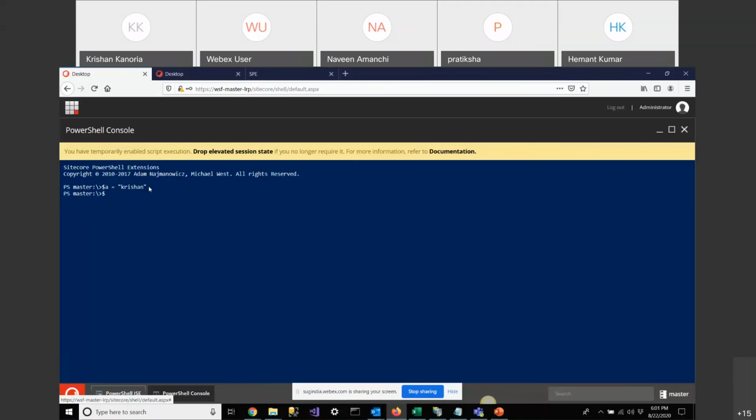Suppose if I write Control $A, this will give me Christian. So this way you can set your object type. If you don't want to change the data type, then you can write like this. These are very basic things, but we should be very familiar with them so that we can easily write our PowerShell scripts.